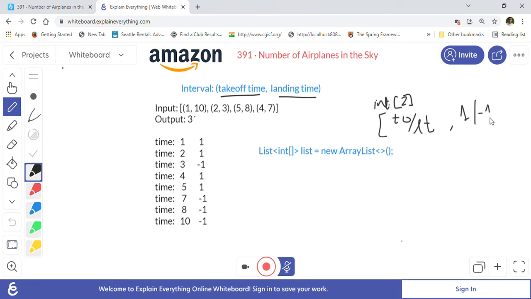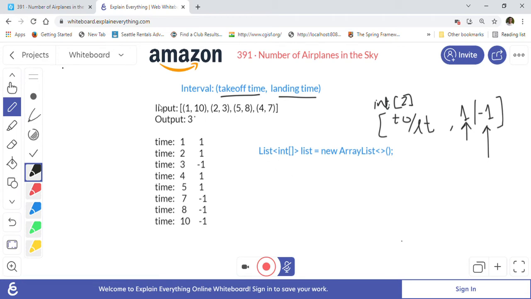What is this 1 or -1? If the flight is taking off, we will consider that as 1. If it is landing, we will consider that as -1. That is how we are going to form the list first.